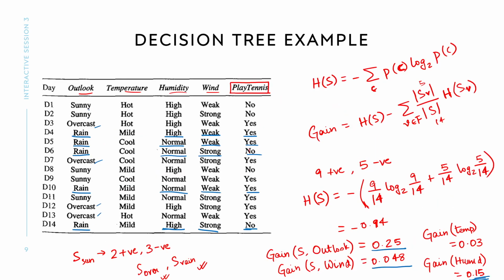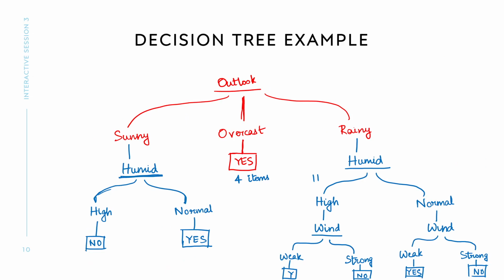Sunny and high, right? So sunny, high. Okay, there are three here. Two more are sunny and normal, which is in yes. Okay, so this has three of my items. This has two items,